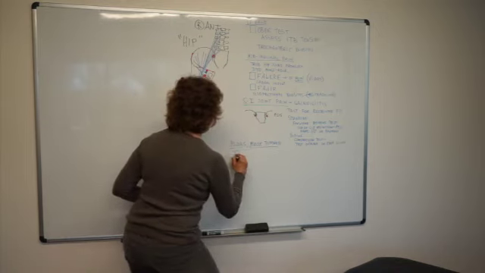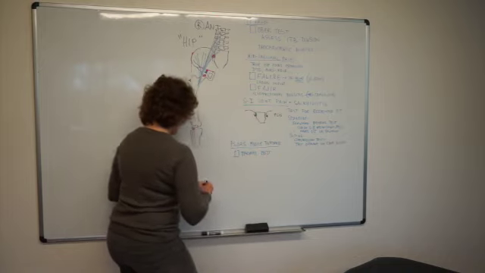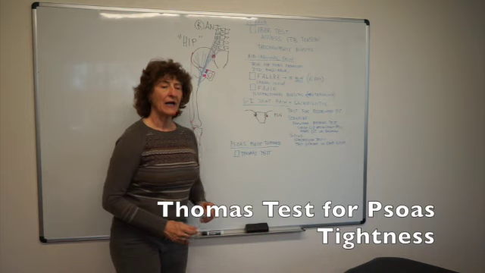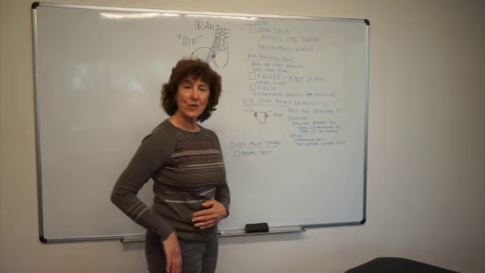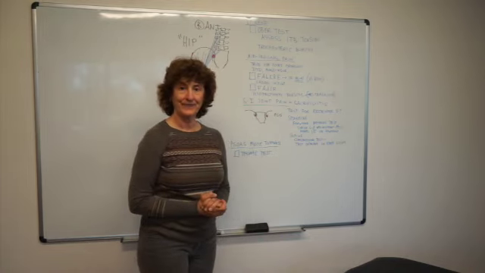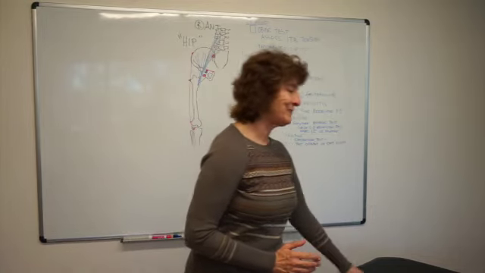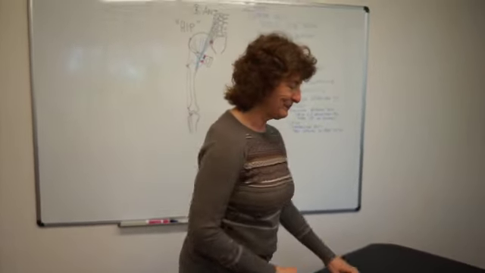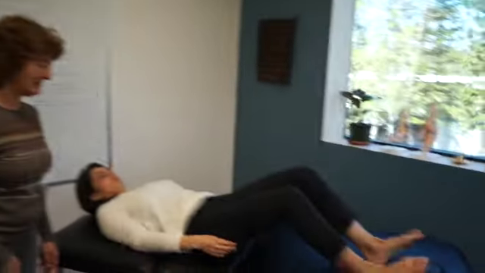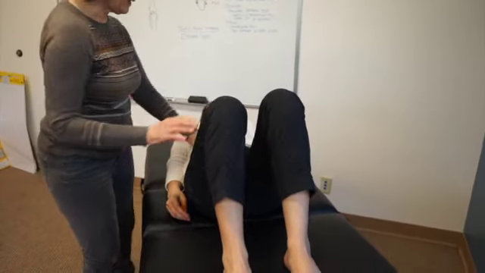And so what you need to do is compare each side's hip's ability to extend with the lumbar spine flat. That's all. Those are the two main steps. So I'm going to have you come, and we'll have you lie that same way. Very important to have both knees bent and just comfortably. Then you can check